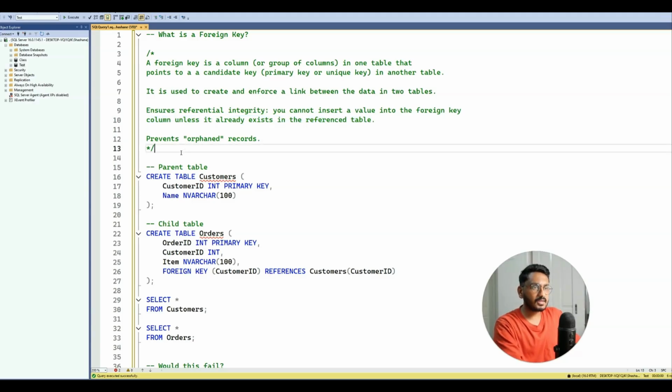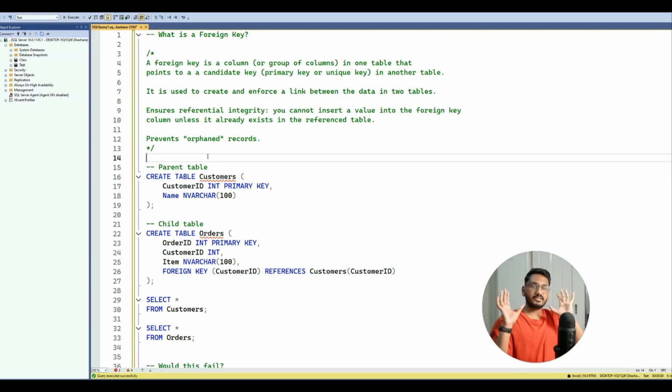Also, it prevents orphan records as well. And what does that mean? What does orphan records mean? Let's say, again, that parent and child relationship. Let's say the parent table, sorry, that we get rid of a certain value that is referenced by another column in the child table, and we get rid of that value. Now, what happens is, if there's no foreign key, that child table in that column now has